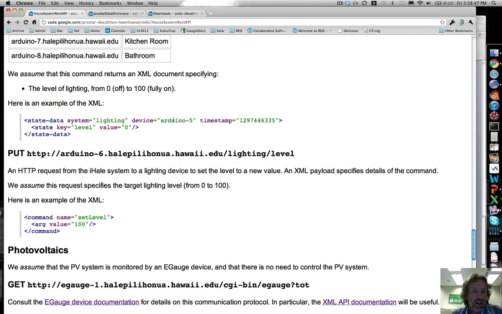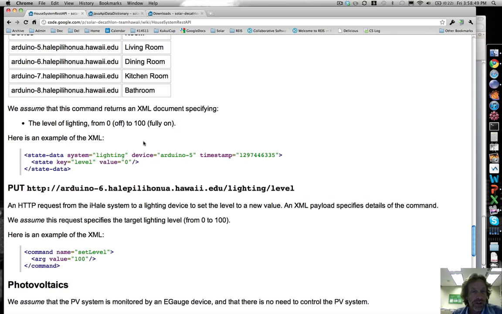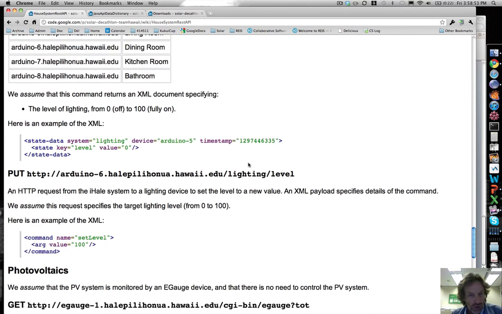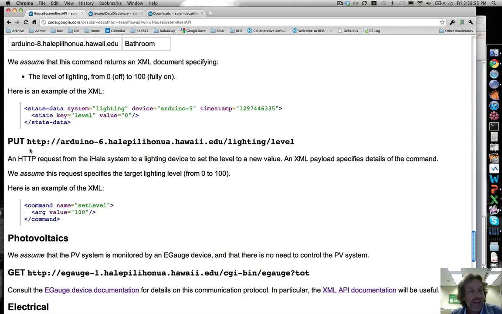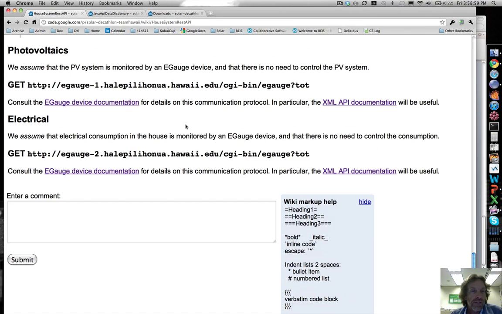This shows that Arduino 5, which corresponds to the living room, the value is off at this time, so it's dark in that room then, assuming it's nighttime. And then we can also change the lighting level for a particular room. Finally, photovoltaics and electrical. Here's the IP address for addressing this thing, and